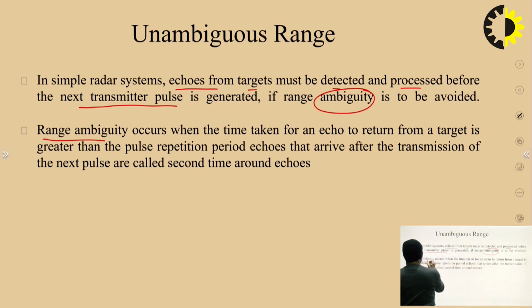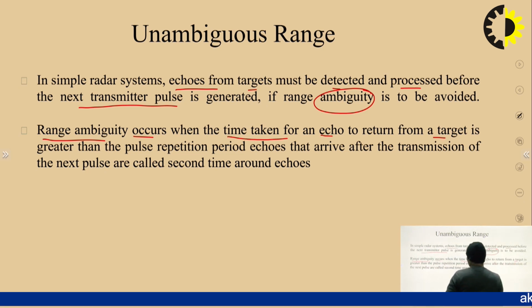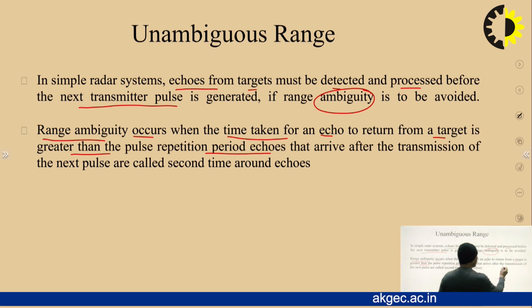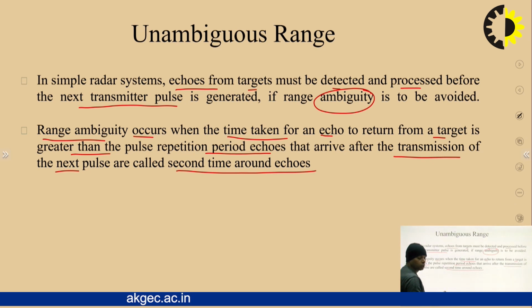Range ambiguity occurs when the time taken for an echo to return from a target is greater than the pulse repetition period. Echoes that arrive after the transmission of the next pulse are called second time around echoes. What will happen actually, if we see it like this, let's say some